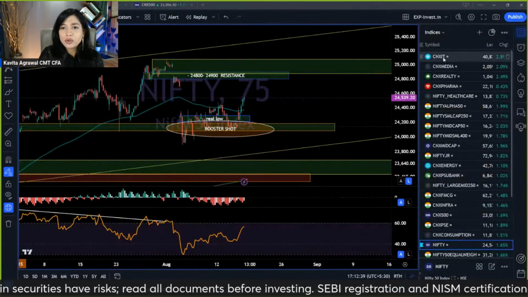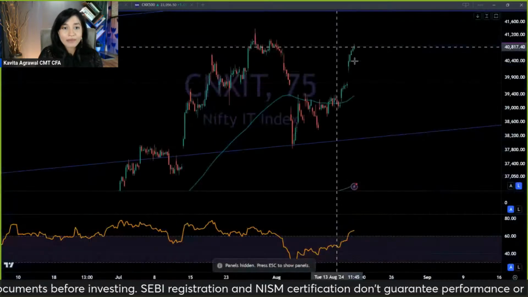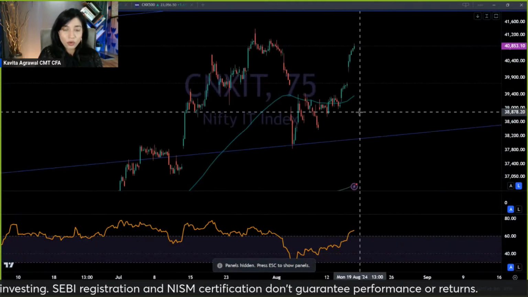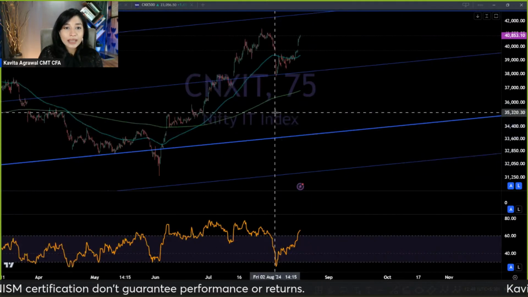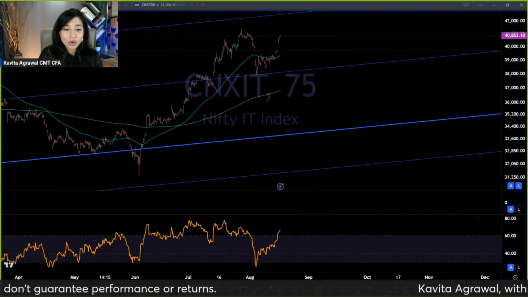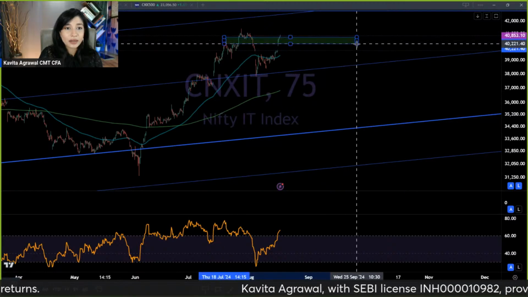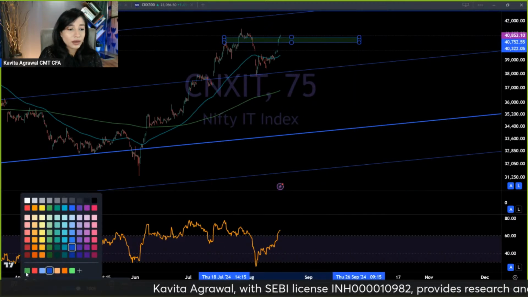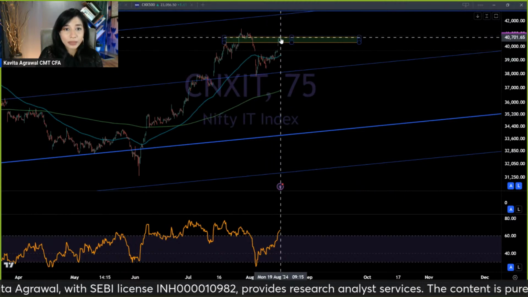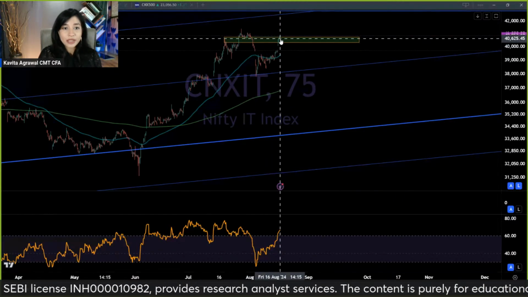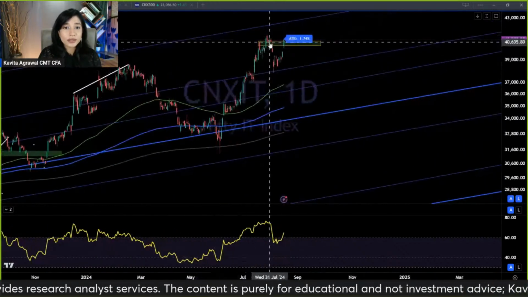Now let's take a look at other sectoral indices one by one. And we will start off with CNX IT. We'll focus on the 75-minute time frame only. So CNX IT, I think, has a very, very strong underlying uptrend unfolding with a momentum peak right here. And if you see, this peak has already been breached, strong momentum has started. So I think I'm very bullish on the IT sector, to be honest.